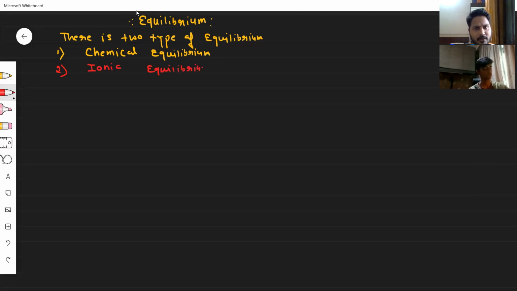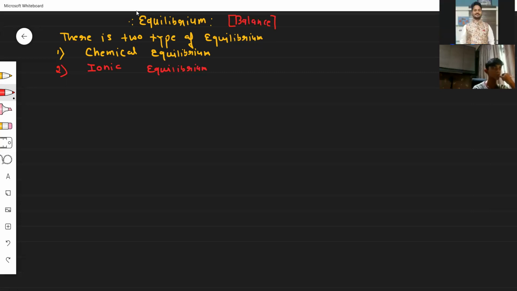Now, first we need to understand what equilibrium is. Equilibrium is, in short, something like a balance. Both things are in the same proportion, they have equal dominance. No one is dominating and no one is recessive in nature. If both things are present in the same magnitude, that kind of reaction is called an equilibrium.